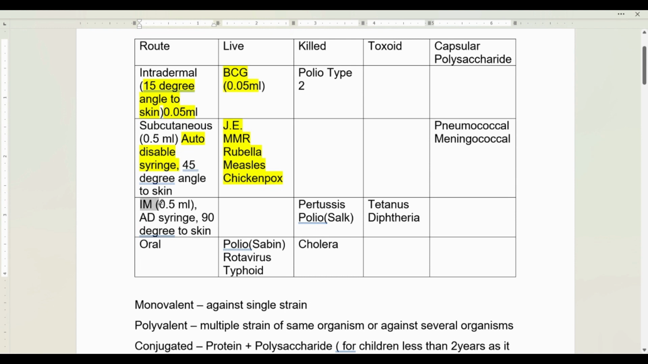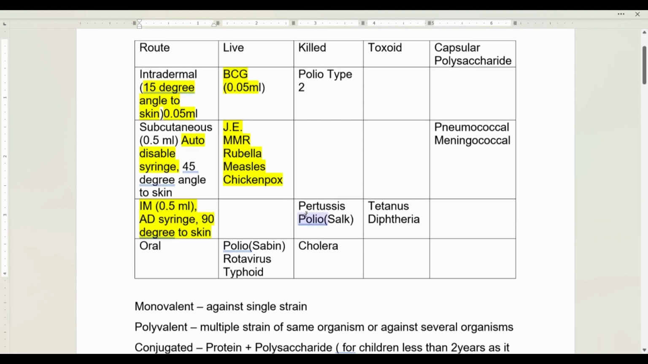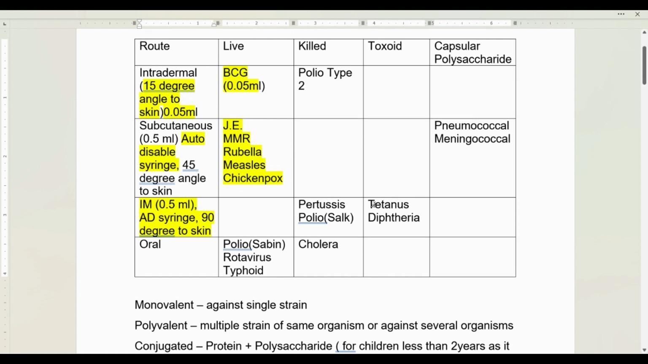And there are intramuscular vaccines. The usual dose is also 0.5 ml. It is given at a 90 degree angle to the skin using an auto disable syringe. The pertussis vaccine and the tetanus and diphtheria vaccines, these three are given by the IM route, and tetanus and diphtheria are toxoid vaccines, while the pertussis